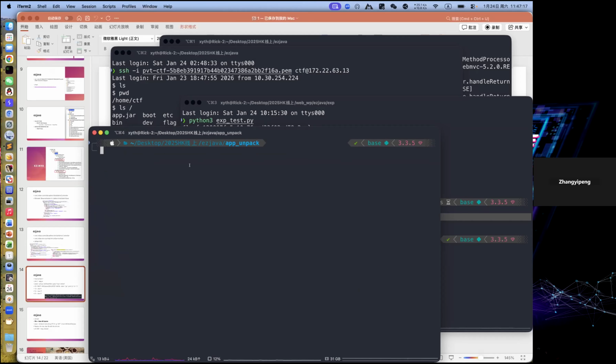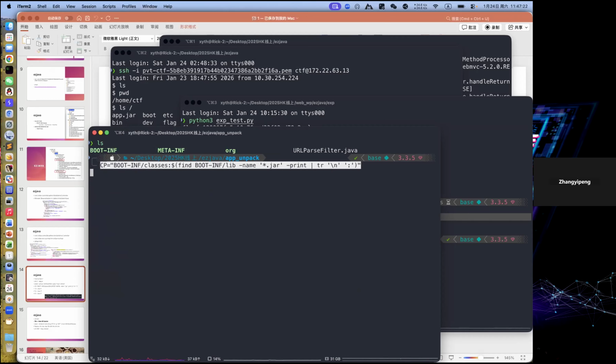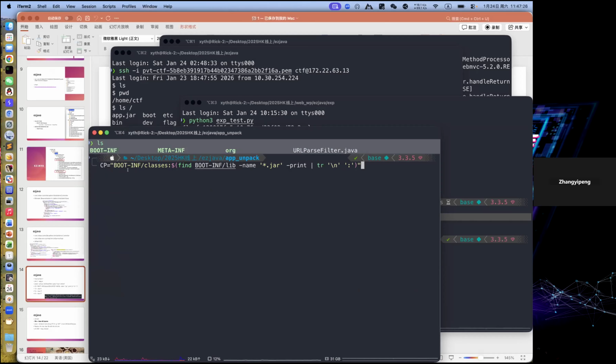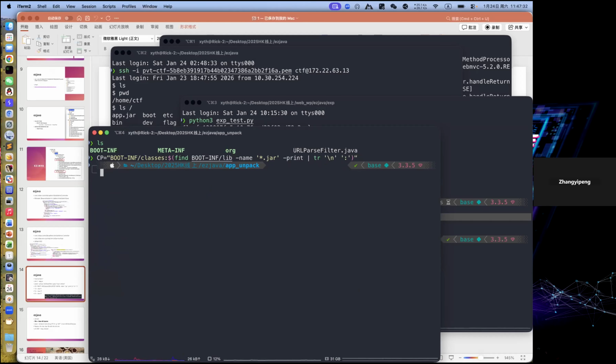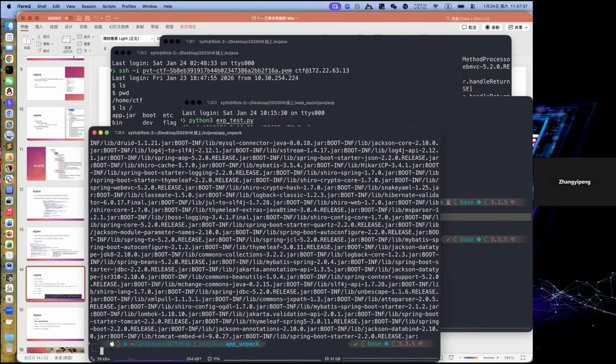Okay, so let's come to this directory, and now let's make CP equal to this. That means finding all the lib class names, all the jars, from under this lib and splitting them. Now if you check it with echo CP, you see there are so many jars. Why do we need this? Because if you want to rebuild or patch a class file, you need all of these